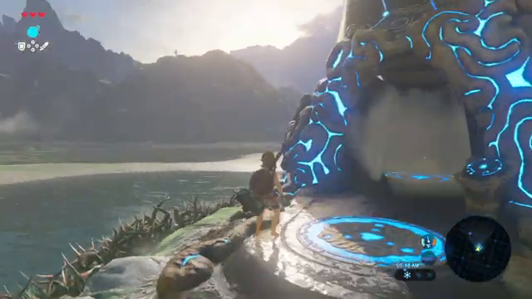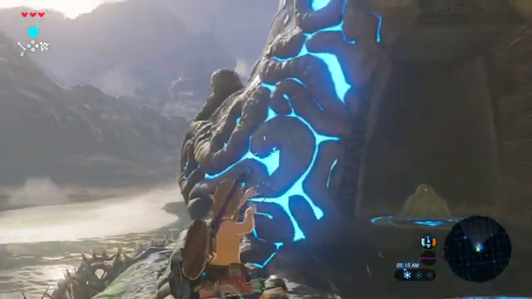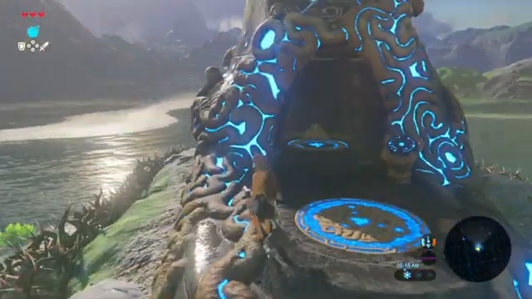So for going to So Kofi, we're going to run up the back of the shrine, and anytime you're running onto the back of a shrine, look at this circle texture. You're going to run at that, angled towards the shrine, and that'll